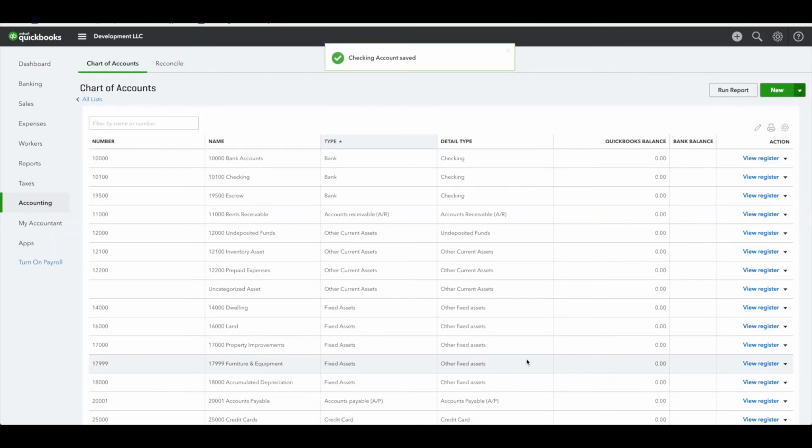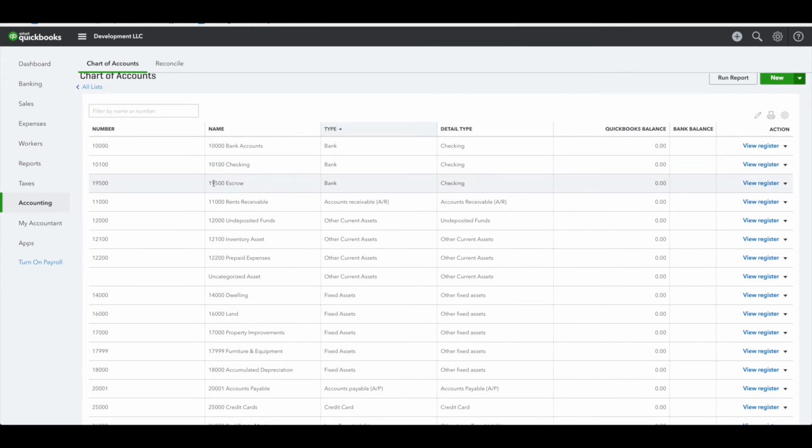So then you would have a second checking account listed. You could set up numerous sub-accounts of your bank accounts as well, if you had a checking, a savings, a money market. Okay. All right. The other